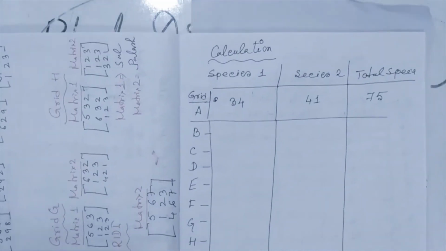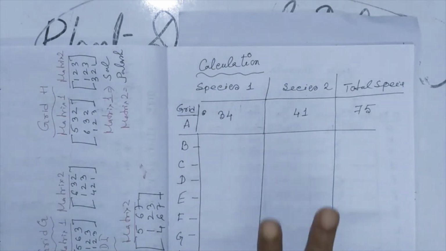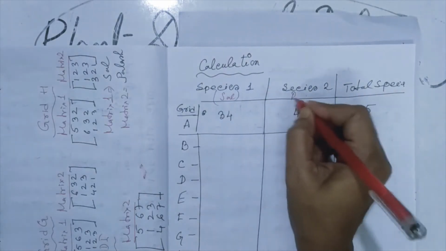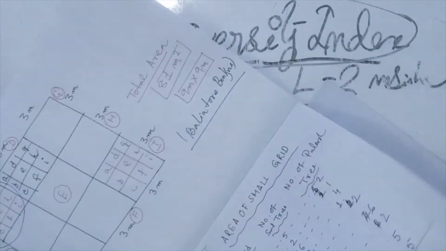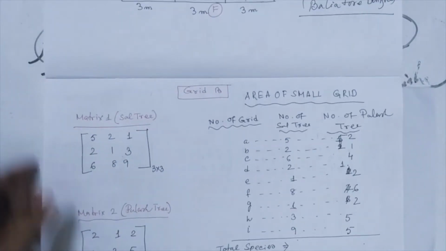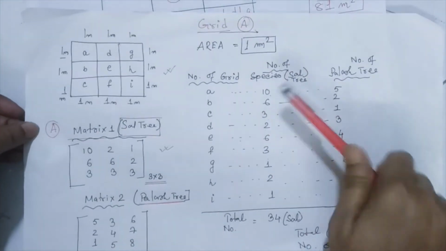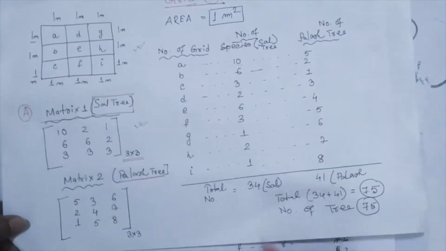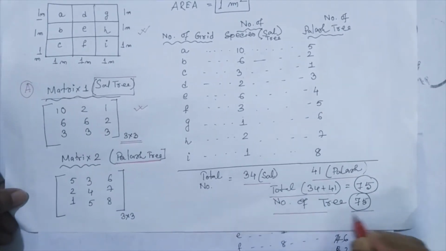Okay, first we have to calculate the species number 1 and species number 2. Here two species, the student has selected two species. Species number 1 is shal and 2 is Pollash. Okay, for the grid number 1, total number of species number 1 is, suppose you can count this way. If the data is provided in vertical arrangement, this way total number of shal and this is total number of Pollash, the total number of species is 75.